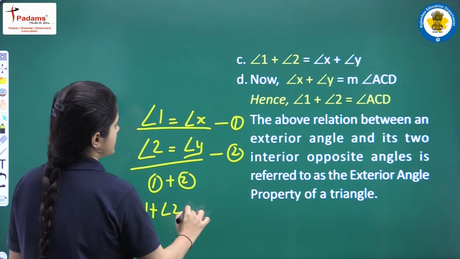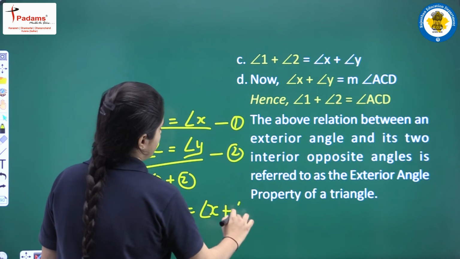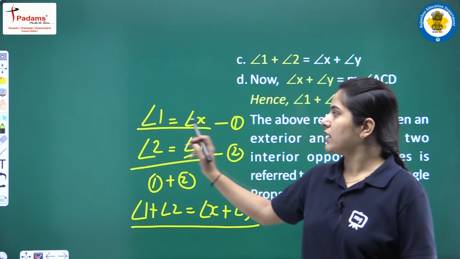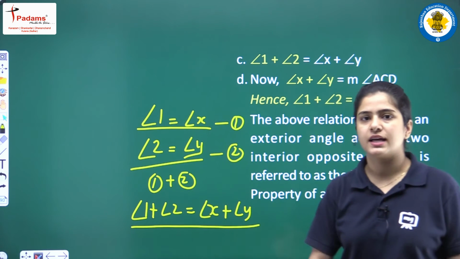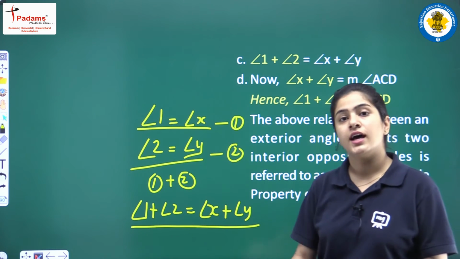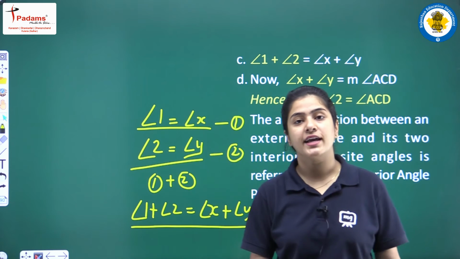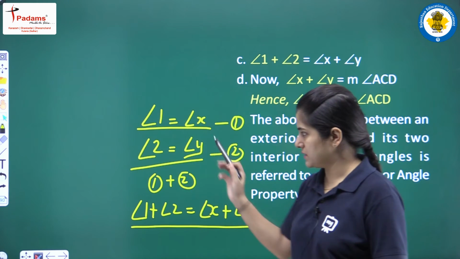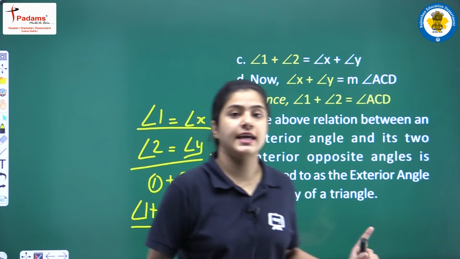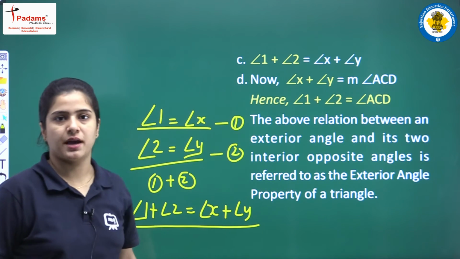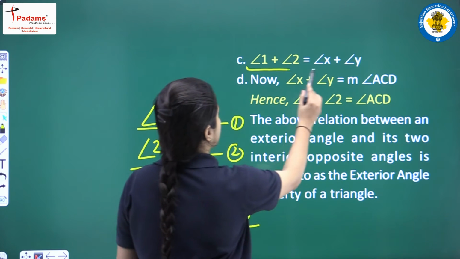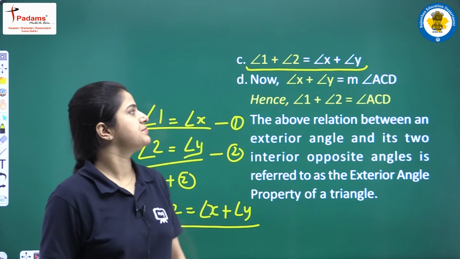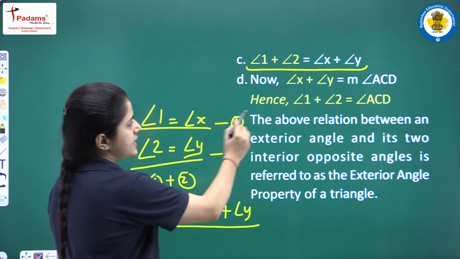तो इससे हमें क्या पता लगा कि एंगल 1 + 2 इज इक्वल्स टू एंगल x प्लस एंगल y। हमें ये पता है कि एंगल 1 और एंगल x इक्वल है। हमें ये भी पता है कि एंगल 2 और एंगल y इक्वल है। तो अगर हम 1 और 2 को ऐड करेंगे तो 1 + 2 इज इक्वल्स टू x + y। यही चीज़ यहाँ पे सी स्टेप में मेंशन है आपको, ओके, दैट इज गिविंग यू एंगल 1 + एंगल 2 इज इक्वल्स टू एंगल x प्लस एंगल y, ओके स्टूडेंट्स।